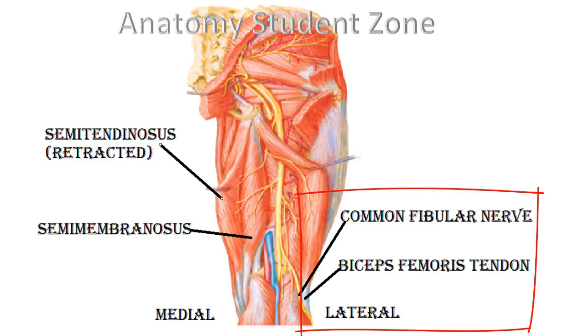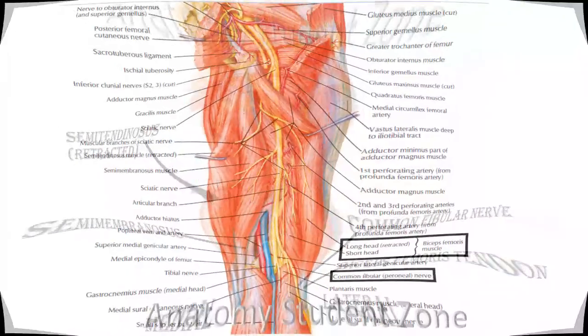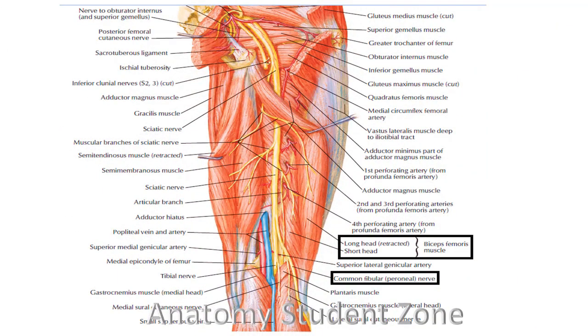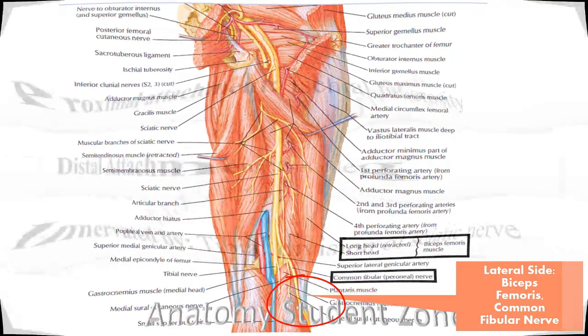So it can get damaged when you are doing dissection in the biceps region or on the lateral side of the thigh. If I summarize these points, the lateral side muscle is in relation with the lateral side nerve, the common fibular nerve, and attaches to the lateral side bone, the fibula. This relationship of the head of the fibula and the common fibular nerve is very, very important clinically. You can't miss this.